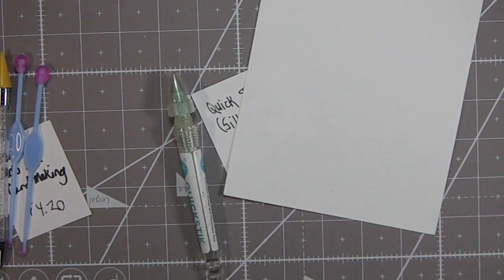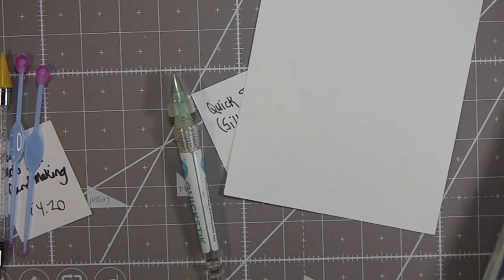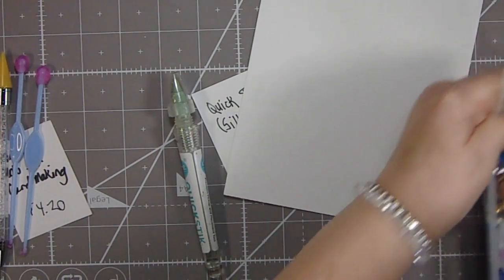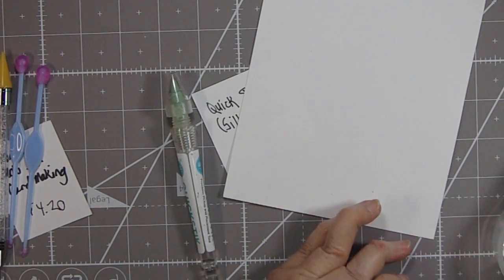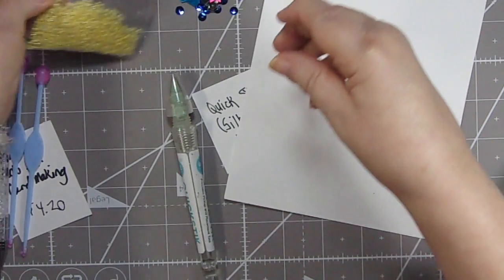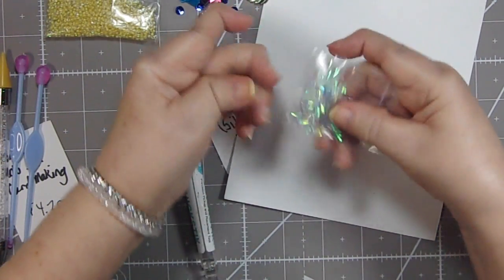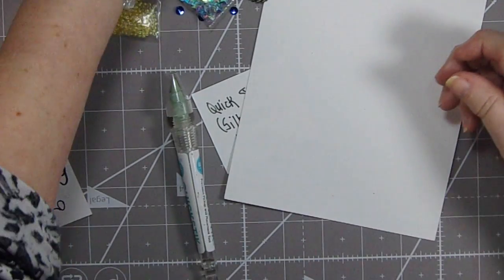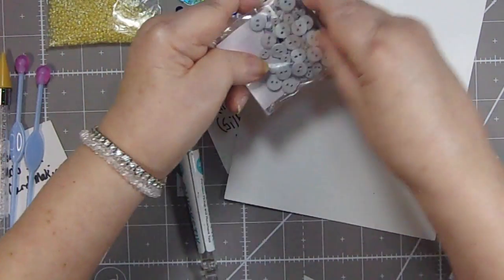I thought the best thing to do would be to try a variety of products. So we're going to try beads, we're going to try confetti, we're going to try sequins, we're trying it all. And buttons, I forgot buttons. The beads that I'm going to use are these micro beads. I have these little stars, but they're 3-dimensional. So I'm going to just put them to the side. I'm not going to open them yet. And I have some buttons,